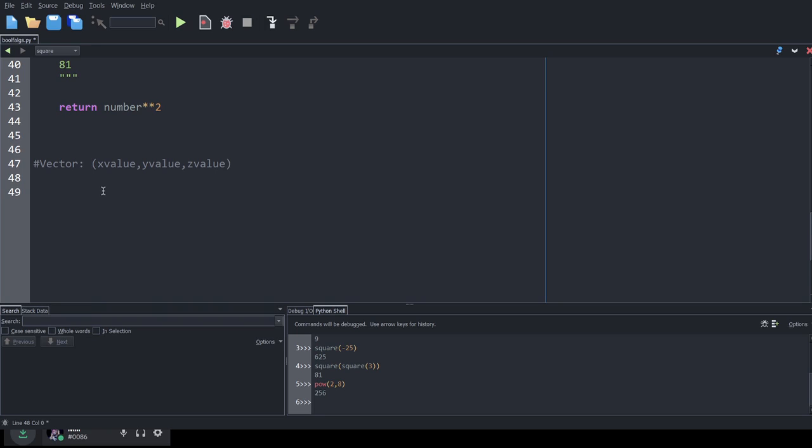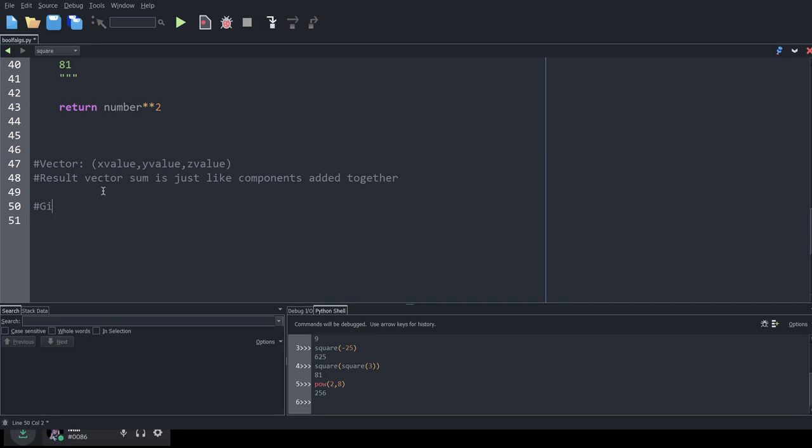Adding vectors, I'll write that as a comment, the resultant vector or vector sum, is just adding like components together.